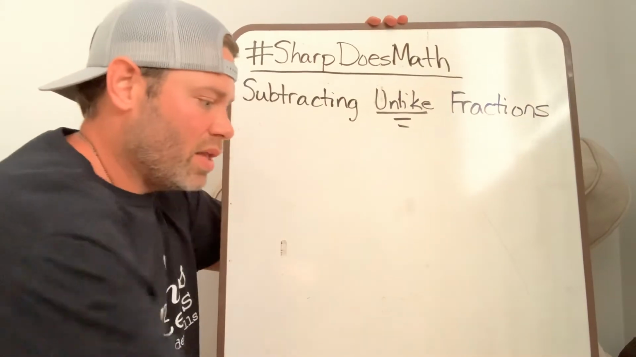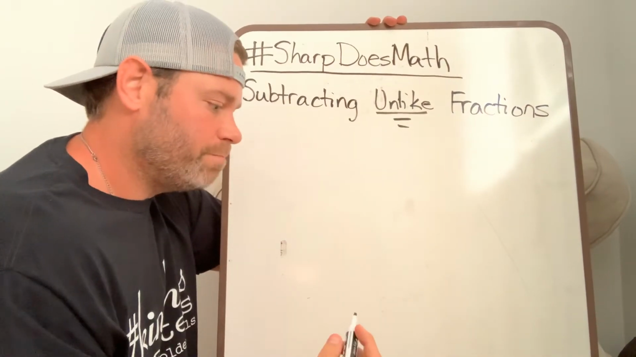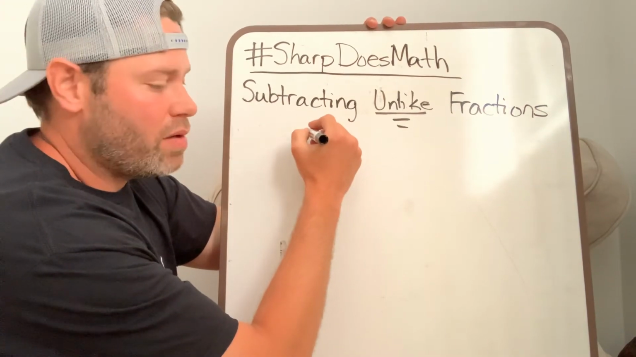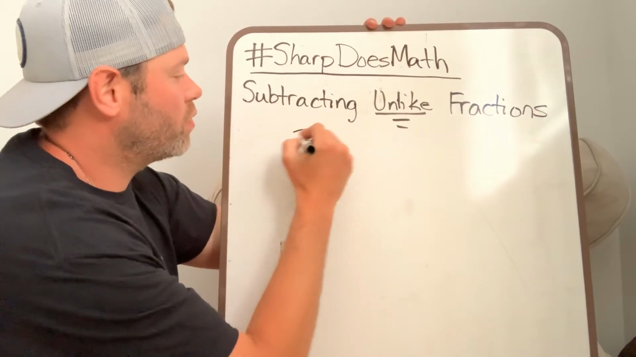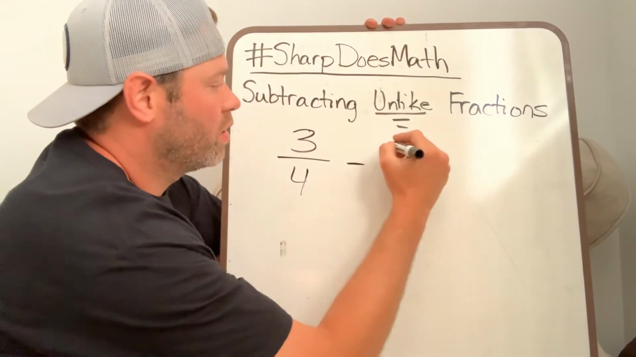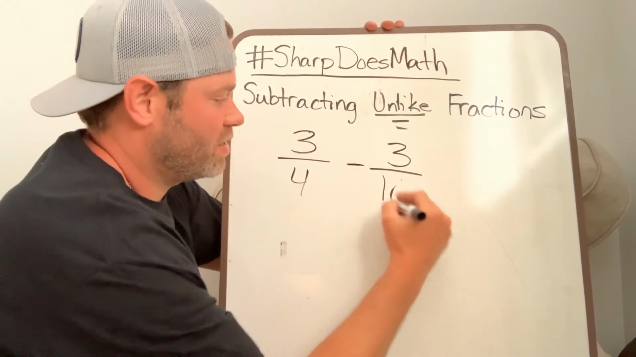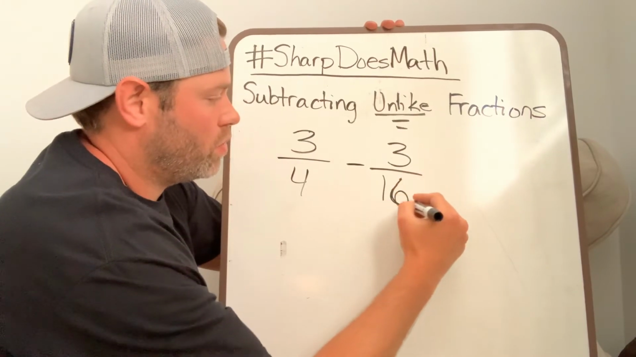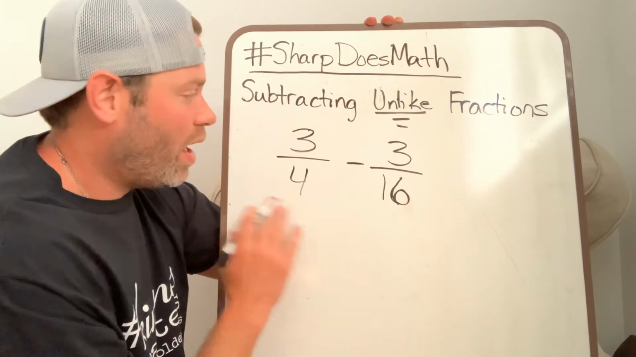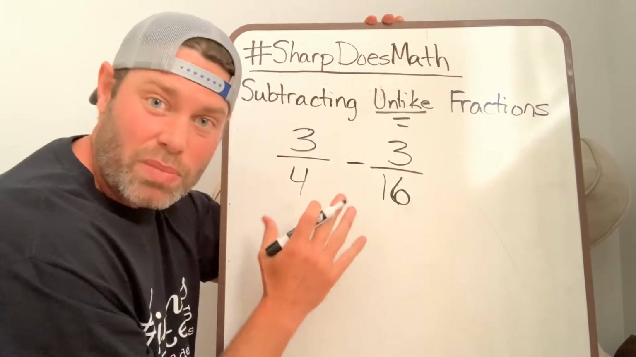Let's see here. Let's go with 5. Now let's go 3/4. And we're going to subtract 3/16. 3/16, right? I don't know about you, but looking at this, you might be like,